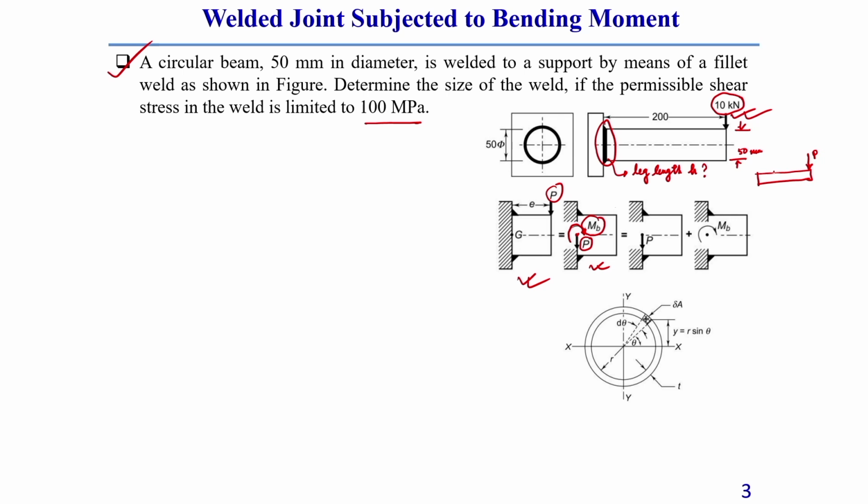Then if we shift this load P from here to a distance L here, let us say we want to shift this load P here. Let this be edge A and this be edge B. At edge B there was a load, but at edge A there is no load. So due to this P, at edge A there is no load. So we applied a load P, as there is no load.